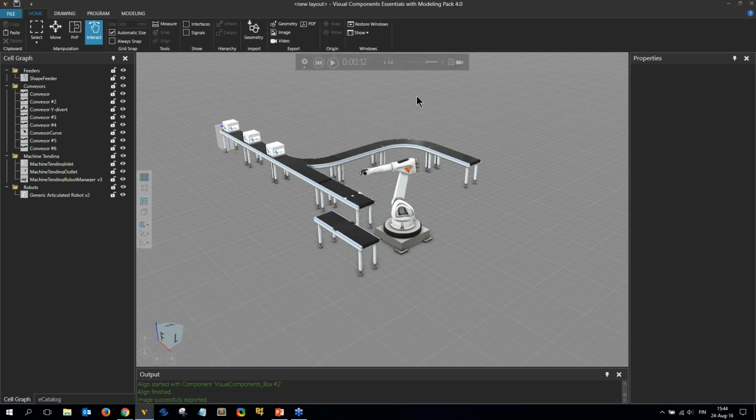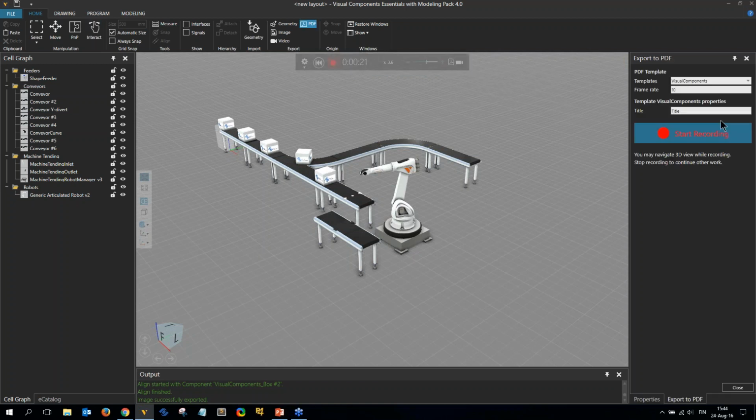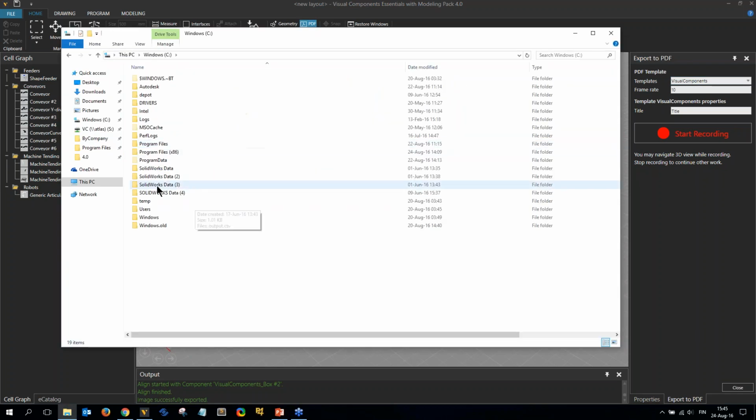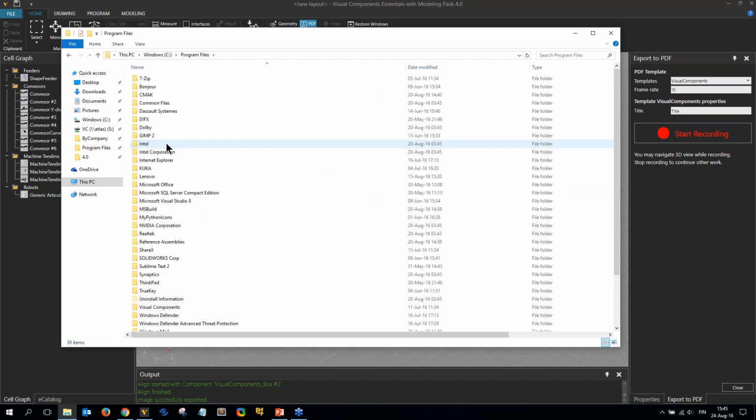You can launch the PDF recording also not just from the start of the simulation. You can start until some interesting point, and you can start recording a PDF from here. You can choose different templates. By default, there's now just one Visual Components template. If you want to create your own template, you can go to Program Files,